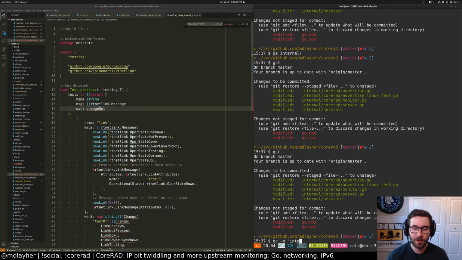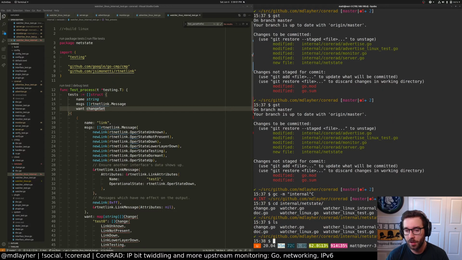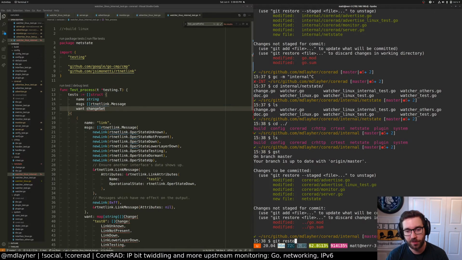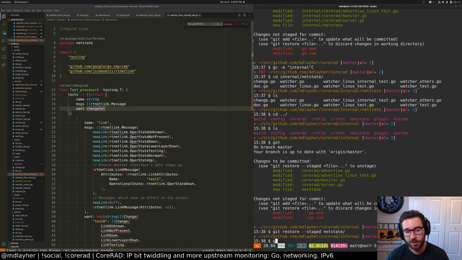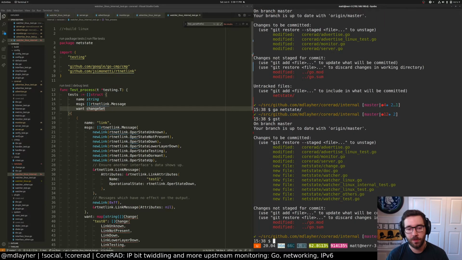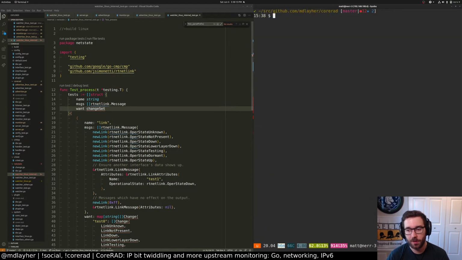You know, internal. Oh, new file. Was that the submodule thing? I think it was. Git restore stage netstate. Netstate. There we go. Okay. And clear. Internal netstate.